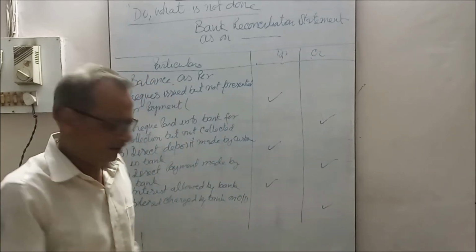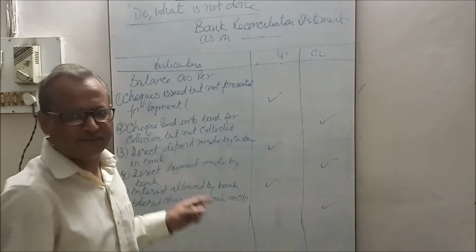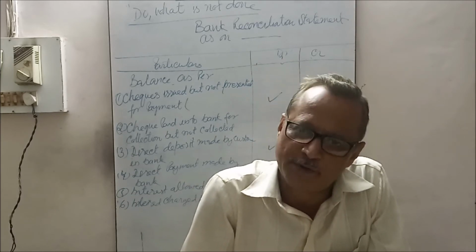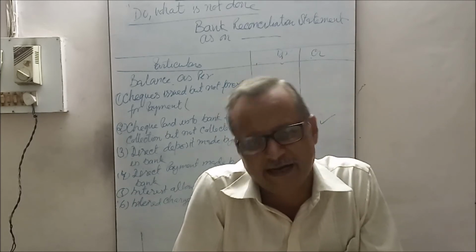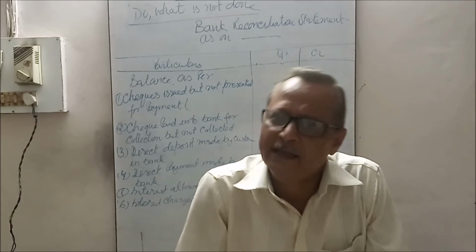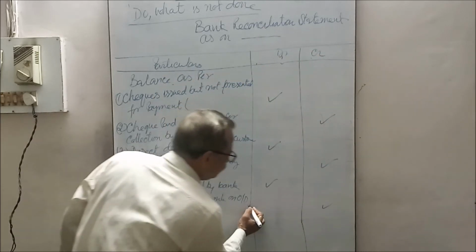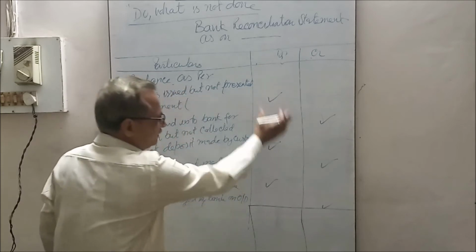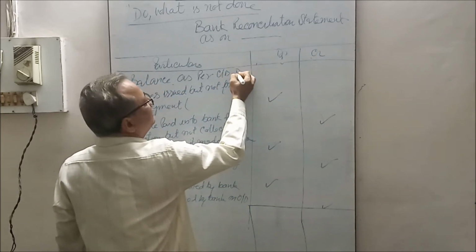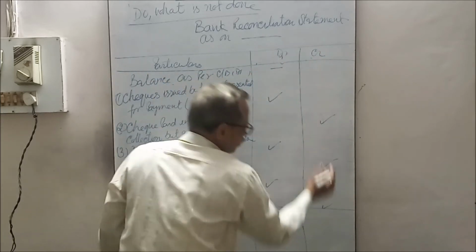Likewise, you do it. And so many other items are there accordingly. Which is not debited in the cash book should be debited. Which is not credited in the cash book should be credited. Which is not debited in the passbook should be debited. Which is not credited in the passbook should be credited. Then suppose all have been recorded, what will you do? Total both sides. Suppose it was a cash book debit balance, then on the debit side, total it. Then total the other side.